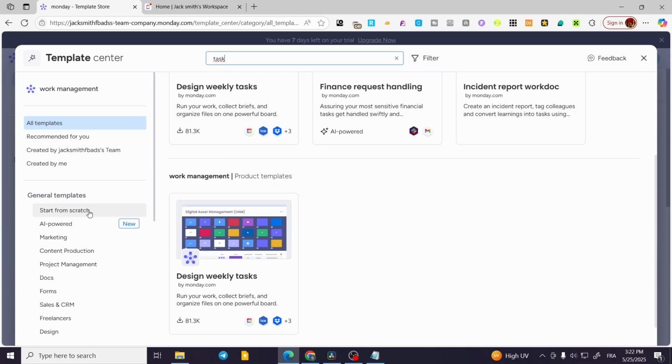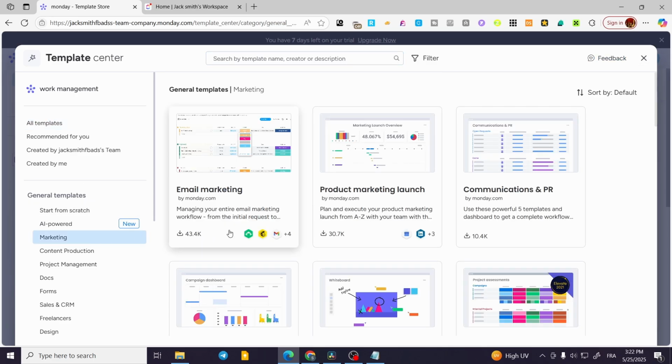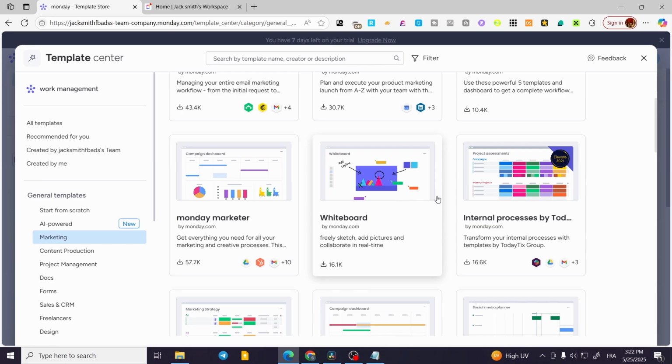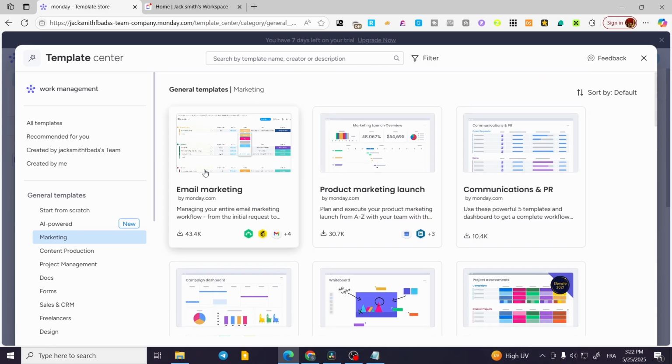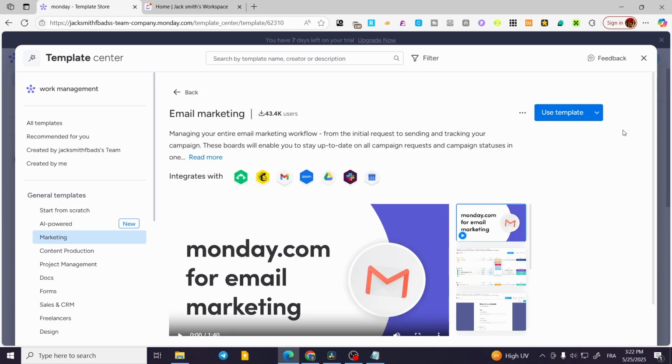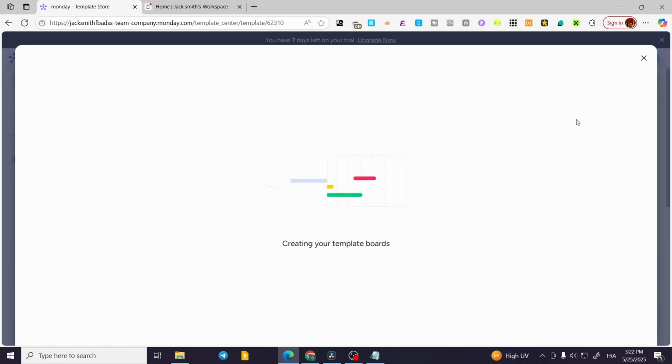So let's go ahead and have, for example, the marketing. For the marketing, you're going to have the email marketing or whatever template that you are going to find. Obviously you are not going to check up the name, but we are going to create one, for example, for the email marketing. I'm going to head over to this one and use that template. So I'm going to wait for a few seconds until the template is added or copied into our workspace. And then we're going to have some of the specific